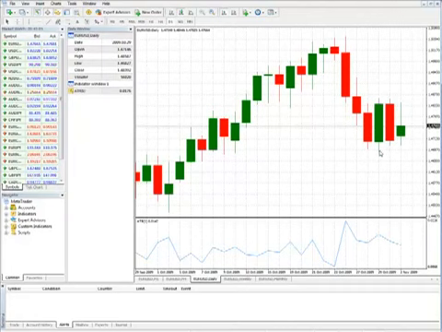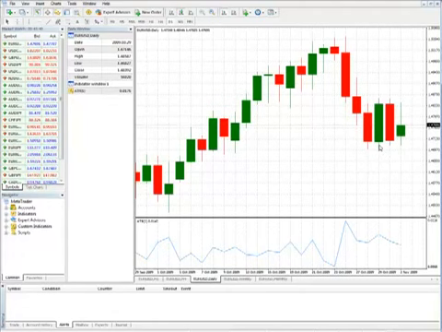Okay, so let's take a look. That's 176 pips, and that is near our risk parameters. What we'll do is we'll buy on a breakout of this bar plus 3 pips, and we'll sell on a breakout of that low